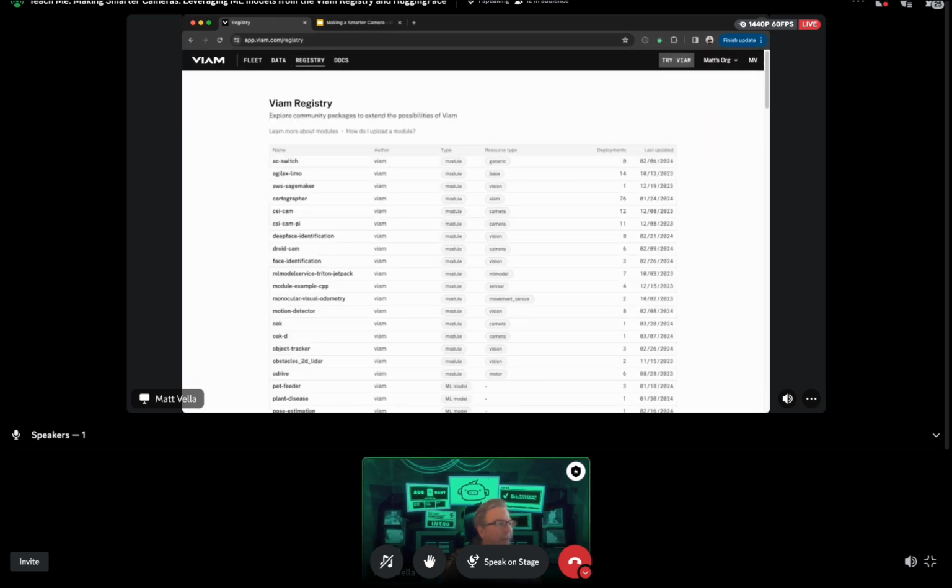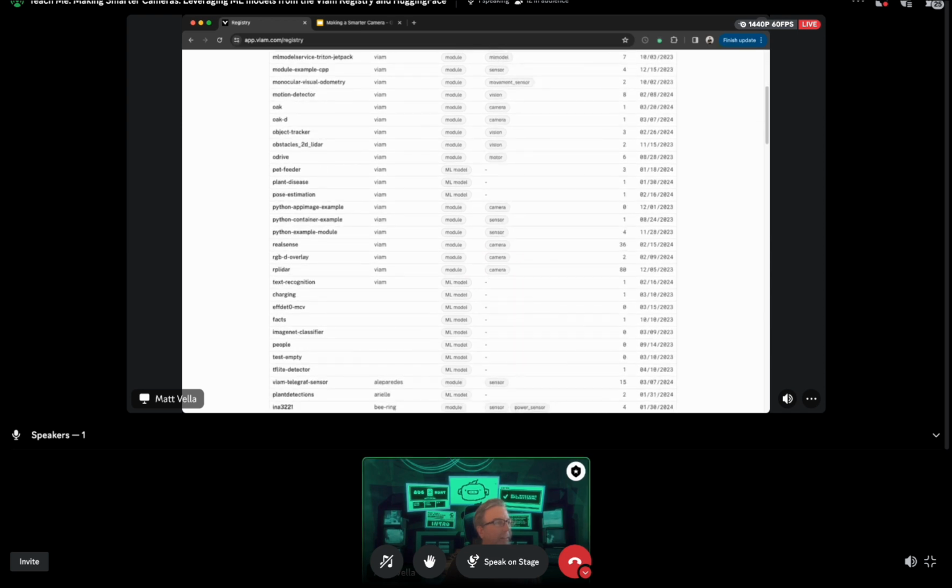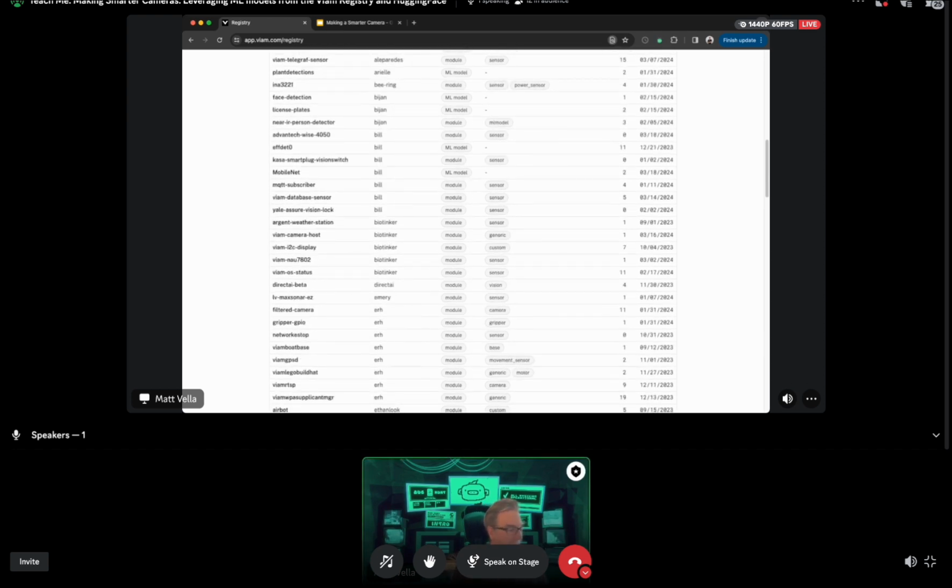So if you're not familiar with the Viam registry, these are essentially different contributed modules. Anybody can contribute to the registry. And so you'll see some specific trained models here, but then you'll also see modules that give you additional capabilities. For example, I was showing you before that I was using a model from Hugging Face, and that is supported with